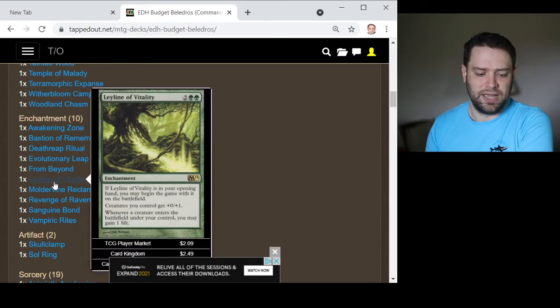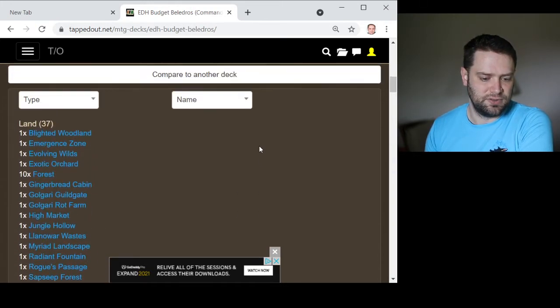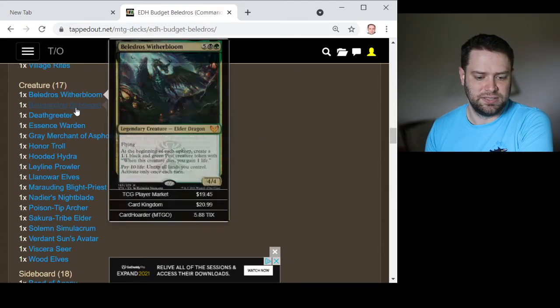So you have a couple of those. Then another way we can gain life so that we can stay alive, because we're going to pay so much life to activate Beledros. We got Leyline of Vitality. Helps us gain life whenever a creature enters the battlefield under our control. We have got, let's see, with our creatures. Coming back down here to the creatures, we've got